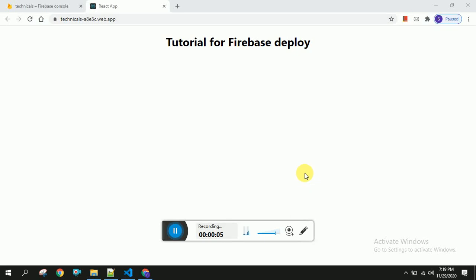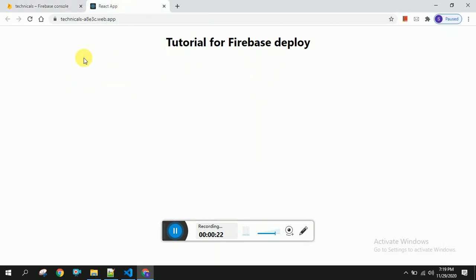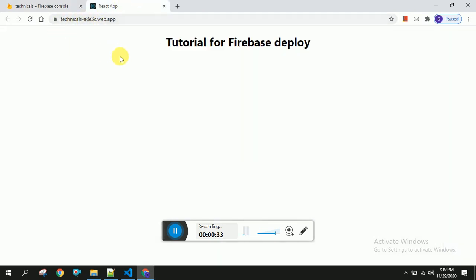This video is part of React tutorials, and in this video we are dealing with how to deploy a React application into Firebase. So if you see here, this is Firebase, and we are going to deploy our application into this Firebase, and this is the demo for that. You can see the deployed application, and there are multiple other things as well. You can play with this Firebase. And next, you can change the demo as well if you want. And let us see how to do that practically.